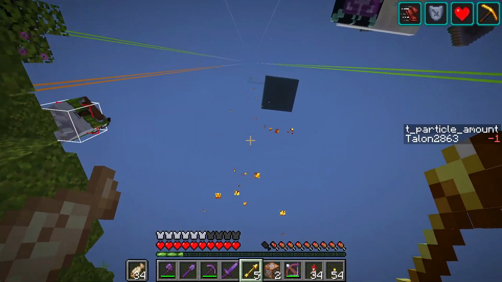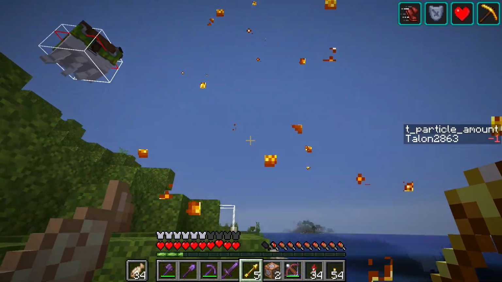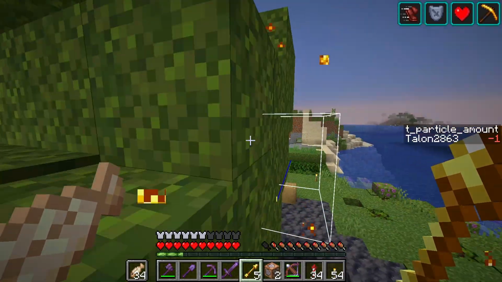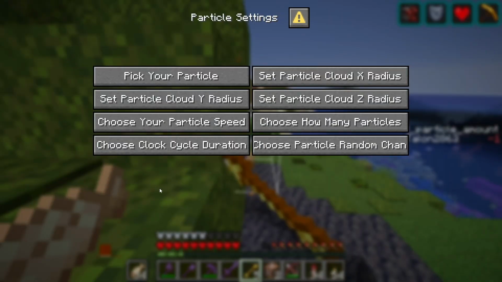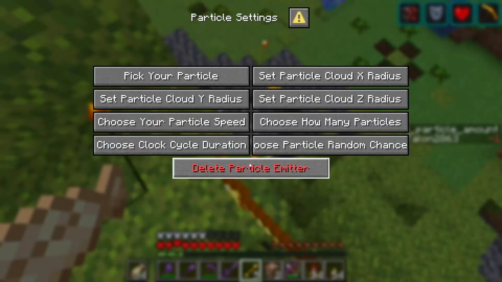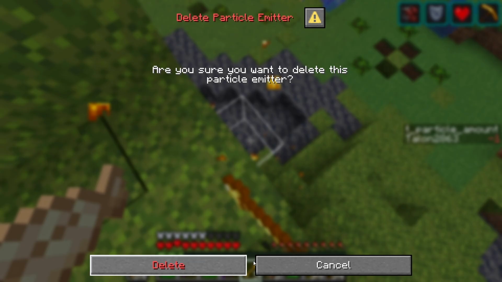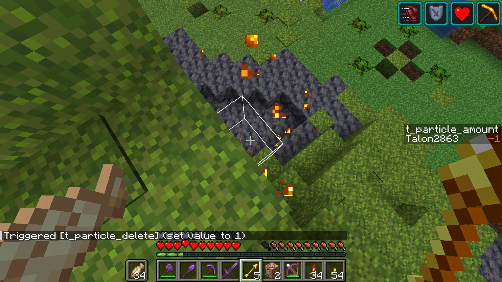So we have 2 more problems to solve here. One of them is pretty easy, so we'll start with that one. We need a way to delete this particle emitter. So we can pretty much just add another option. So that's pretty straightforward. If we want to remove this, we just delete this, and it's all red and stuff, so it's like super clear something's happening. This isn't just a regular setting. And if we delete that,